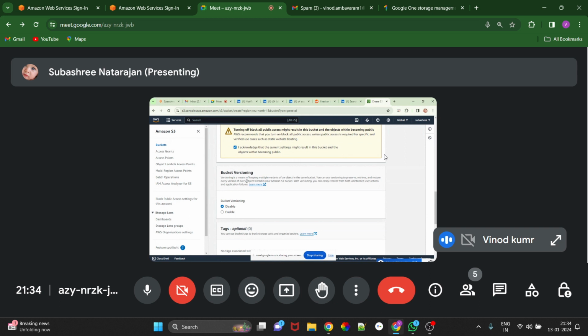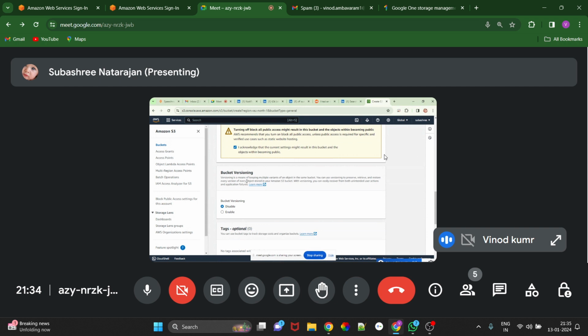If versioning is enabled for the bucket, then every time a new version of the object is created. For example, you have a Tomcat 9 version zip, and you are going to publish another object with the new version, so it will put in the 10 version.